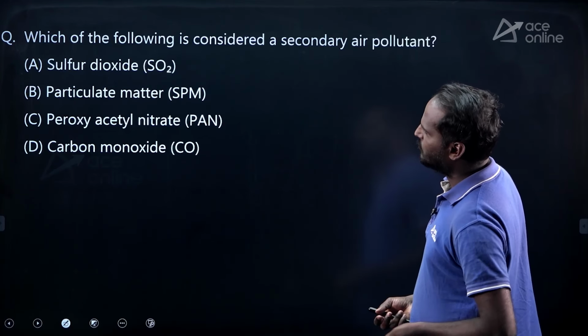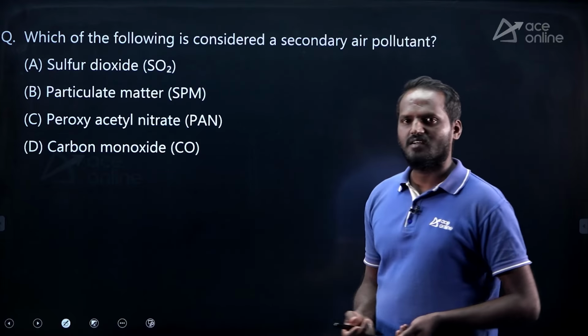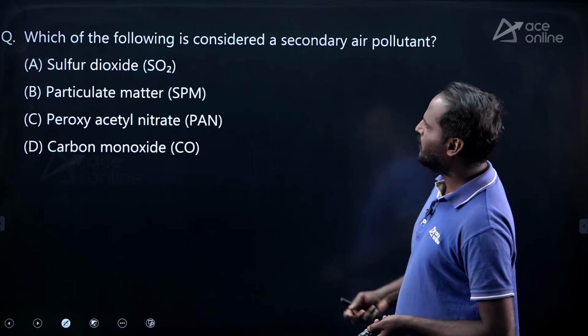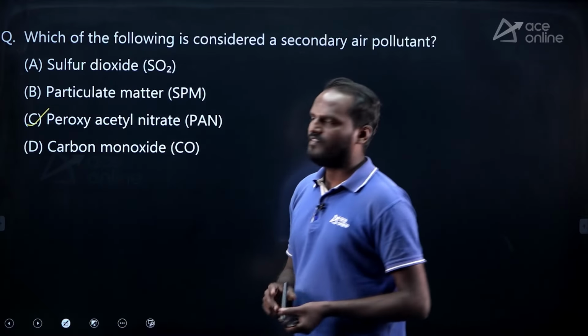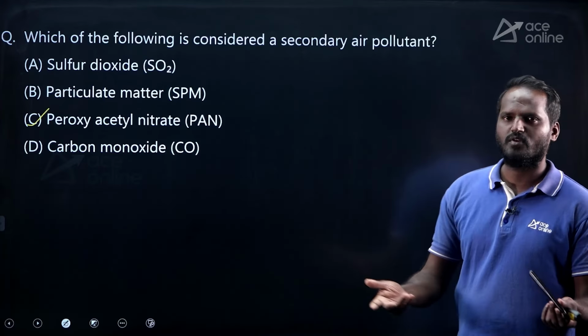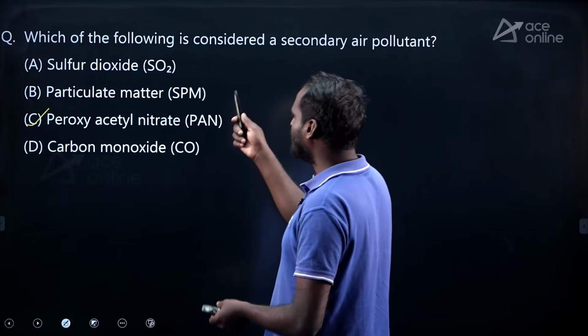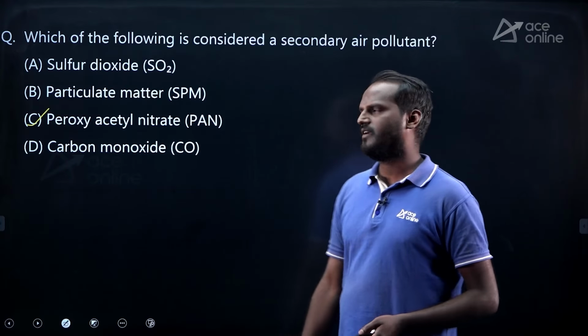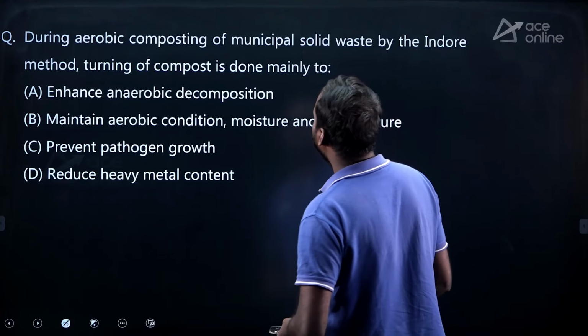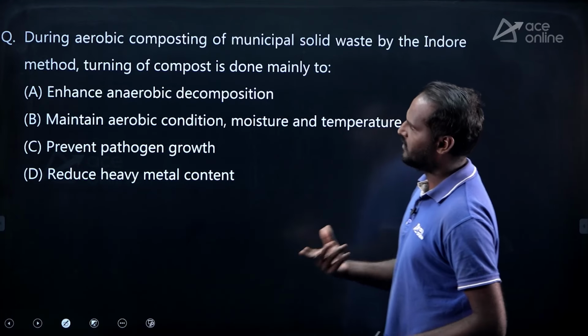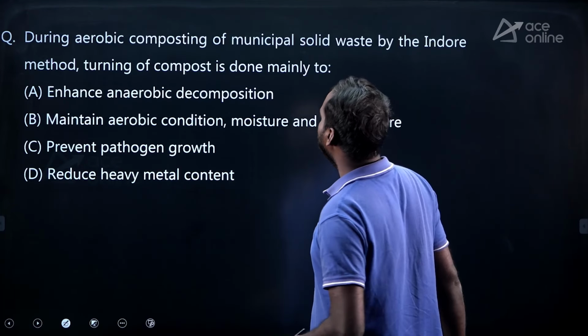Okay, now next question, a very easy question. Which is the correct option here? Secondary air pollutant. You can easily mark C as your answer, right? Sulfur dioxide, particulate matter, carbon monoxide are primary pollutants. The only option is peroxyacetyl nitrate, right? Very easy. Next question. During aerobic composting of MSW by the indoor method, turning of compost is done mainly to,